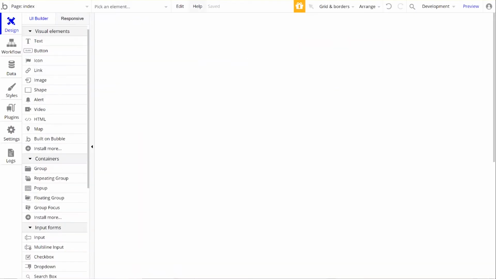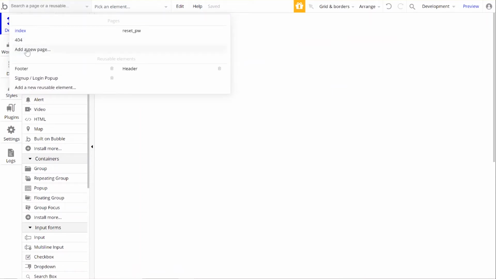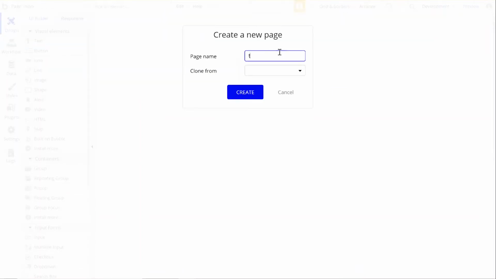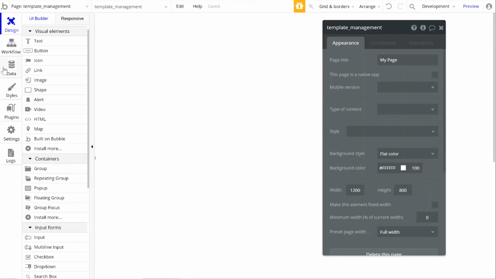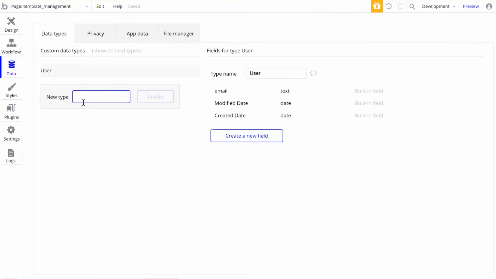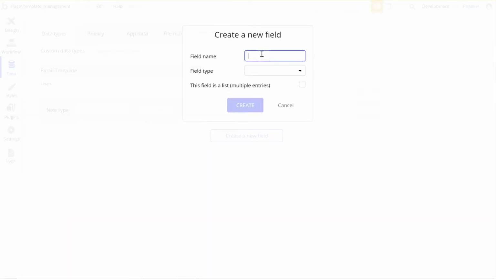And once you've done that, come down to this drop down, create a new page, give it a name. I'm going to name mine template management. You can leave it blank. And go on over to the data. We're going to create a few new data types. One will be email template. We'll create that. The email template will have a few fields. It'll have a template name,